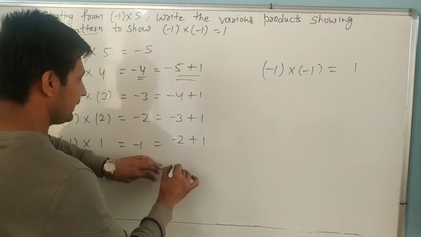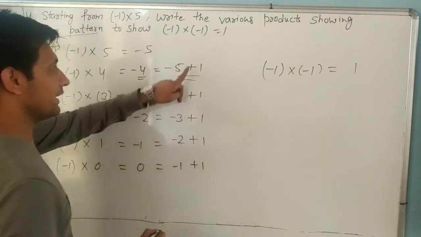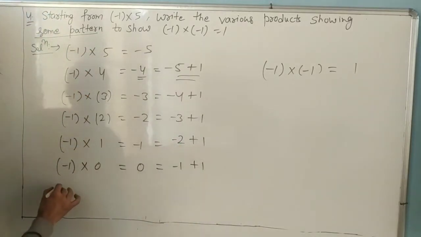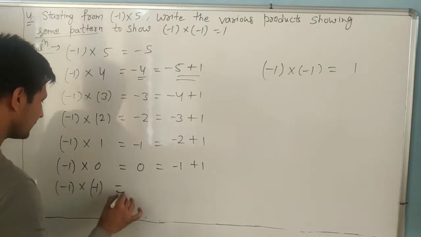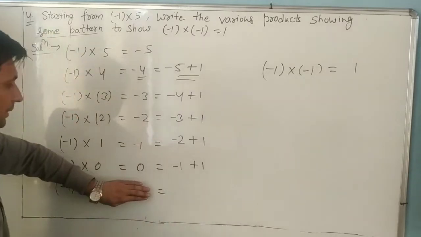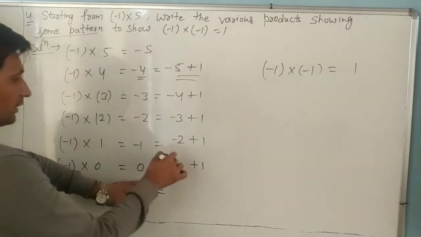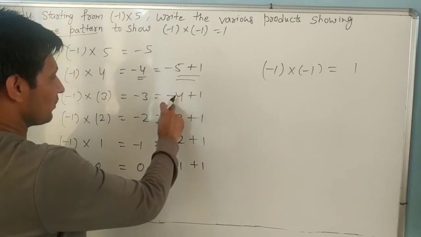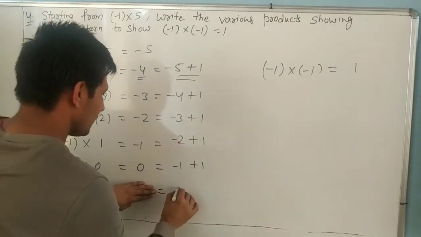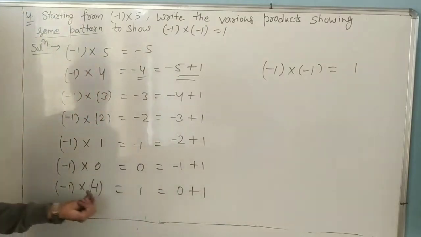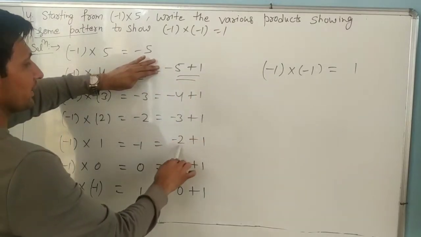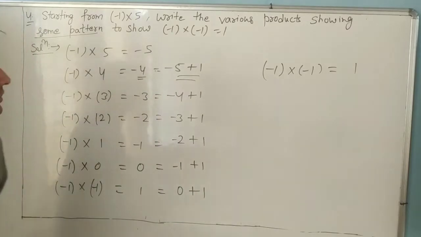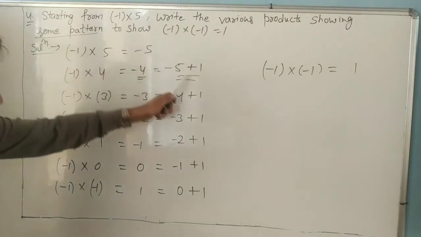So how to write? It is minus 1 and plus, every time we are adding 1. Now minus 1 into 0, after 0, what number? Minus 1 into minus 1 is 1. So how to write? Every time we are adding 1, 1, 1, 1. So here it is now 0 plus 1, so it is our answer. So it is a pattern. Okay. It comes as minus 5 plus 1, minus 4 plus 1, minus 3 plus 1, minus 2 plus 1, minus 1 plus 1. It is our answer. Okay, dear. So it means it becomes like a pattern.